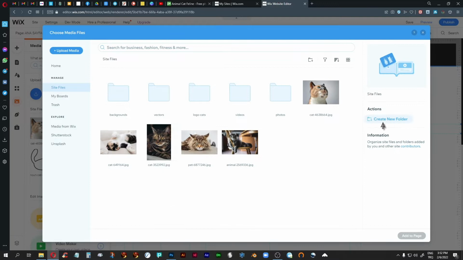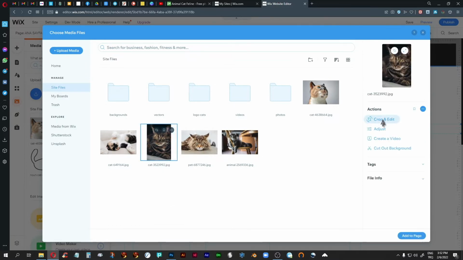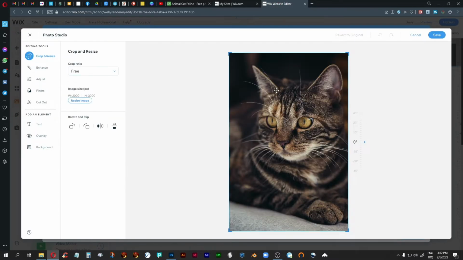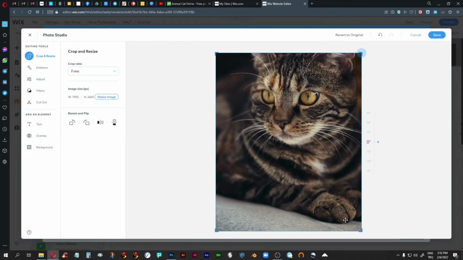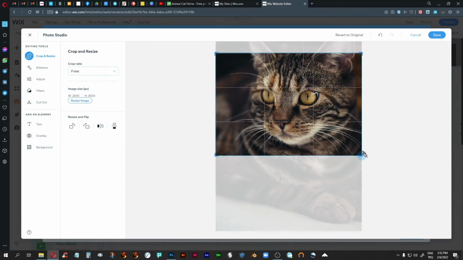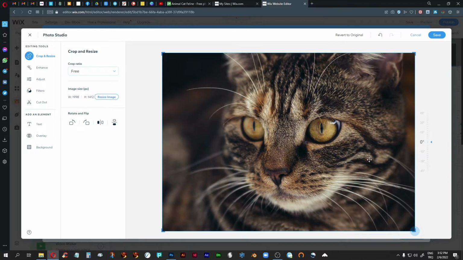Either way works, but I'm just going to go crop and edit, because the first thing that I want to do is make this narrower so that I can put it in a strip. So I'm going to come down to here, and I'm going to go up to here,